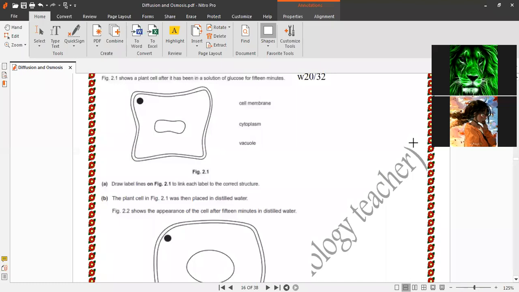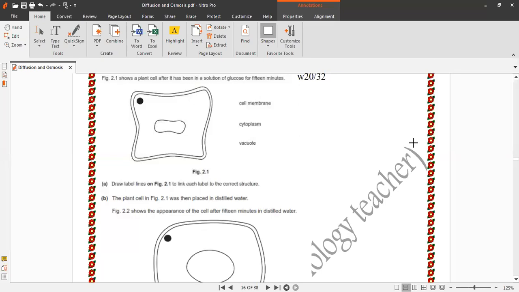Okay, paper 2. Figure 2.1 shows a plant cell after it has been in a solution of glucose for 15 minutes. Draw a line on figure 2.1 to link each label to the correct structure. The cell membrane is after the first line, and the cytoplasm is like the, it's like the vacuole is the one with the,